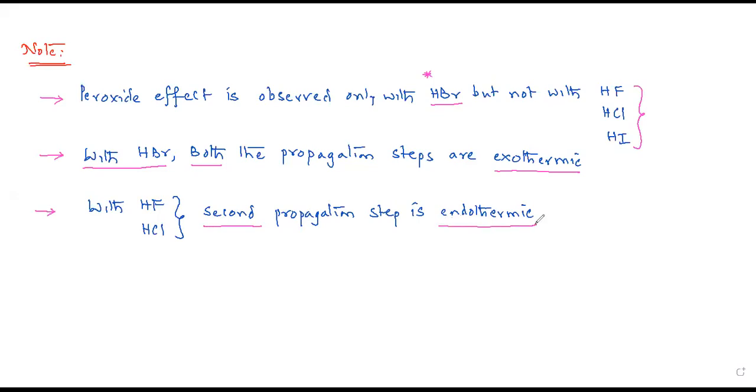Whenever a reaction is endothermic, it occurs only when heat is supplied. So that is the problem with HF. The second propagation step is endothermic with HF and HCl, but with HI, the first propagation step is